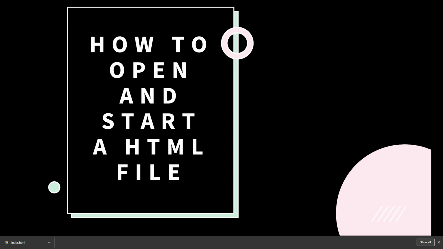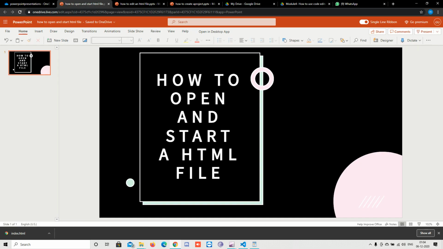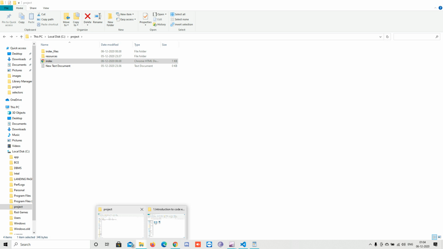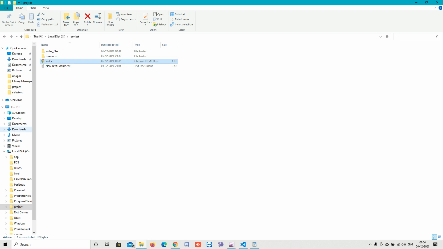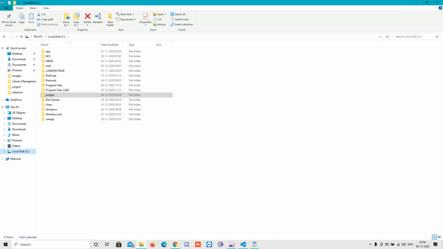So our next topic is how to open and start an HTML file. So for that, first go to the File Explorer. Select the folder where you want to store your HTML file. So in local disk C, I will create another folder